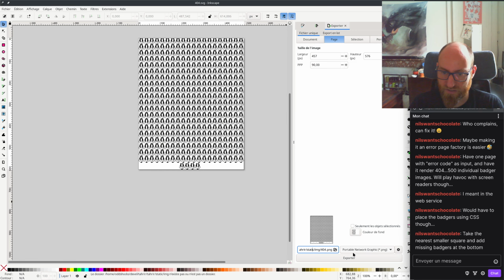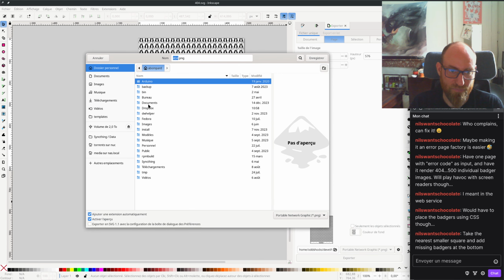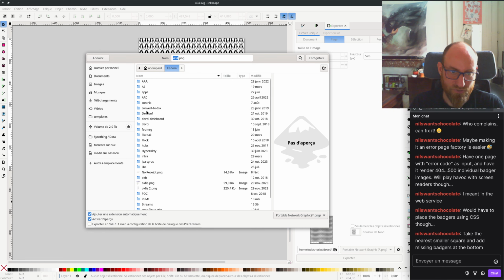Oh, yes. I forgot that this remembers. I would prefer if it didn't save the path in the file itself while I'm going to move it around, but